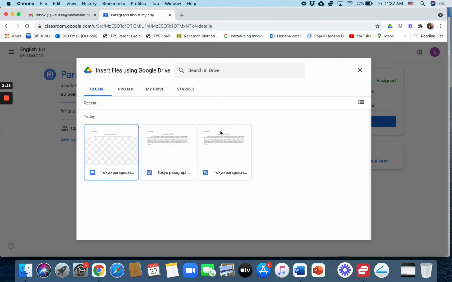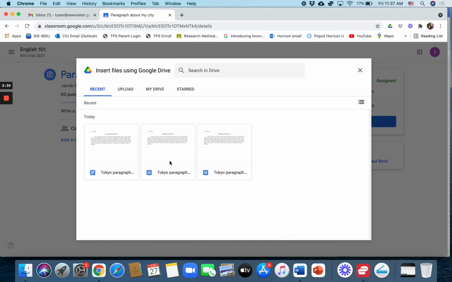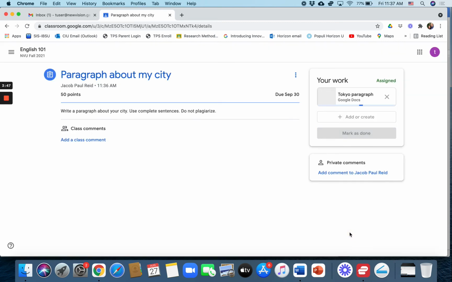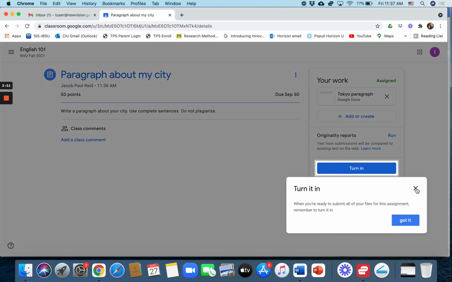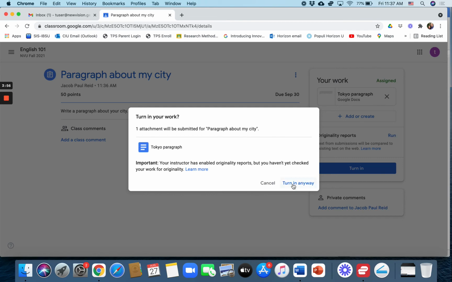This student has already created a paragraph, and they'll just click on Google Drive here and find it in their Google Drive. Now you'll notice that they have it in Word document form and in Google Doc form. Now if they upload it in Word document form, you will not be able to check the plagiarism. So let's upload it in Google Doc format. I'll click Insert right here, and they are uploading it, and then they're going to click Turn In, and we'll click Turn In,